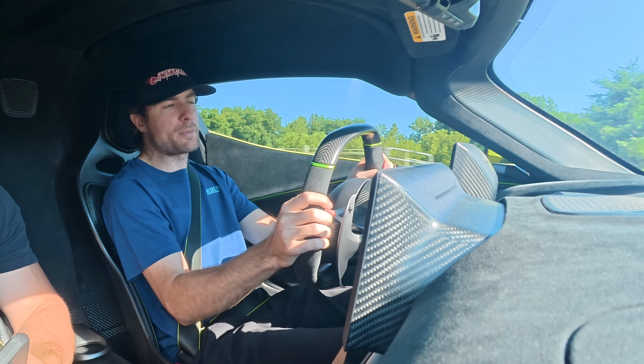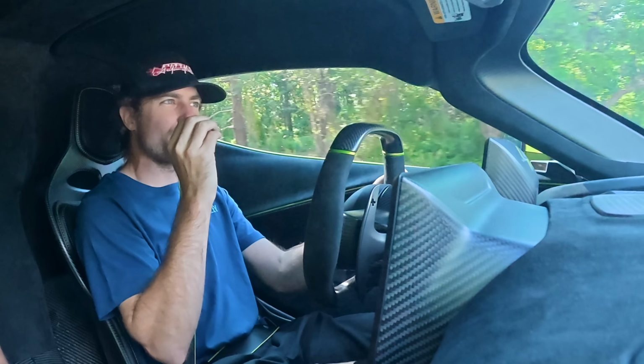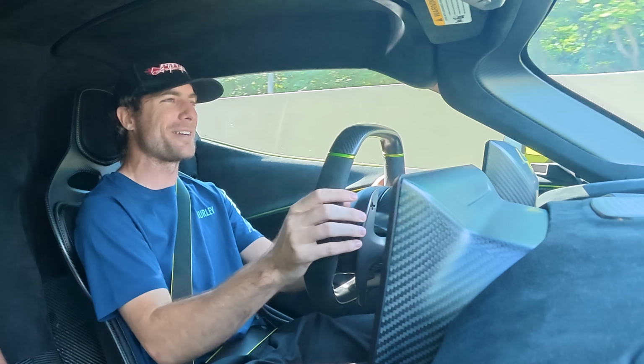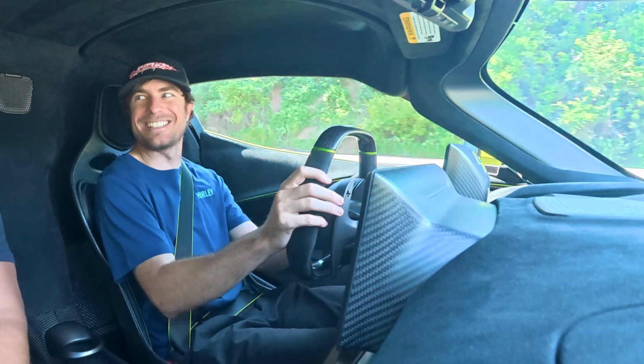Horsepower I've ever driven. I feel like I'm not braking, I feel like I'm piloting something. That's like a better way of putting it. I'm in a race car. How is this legal? This doesn't even feel...